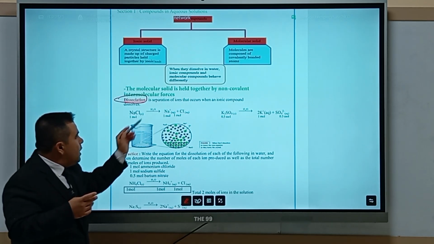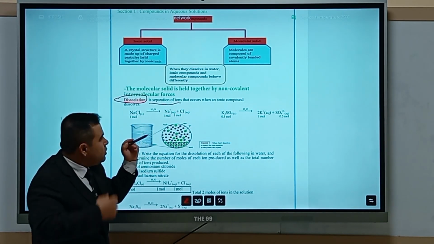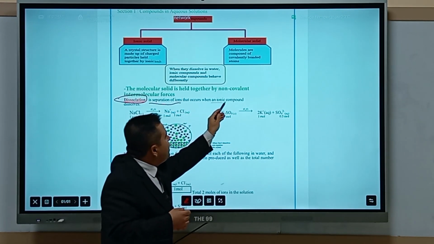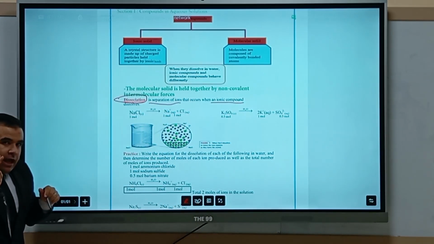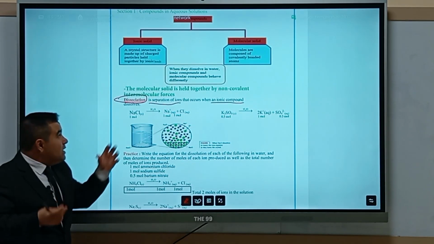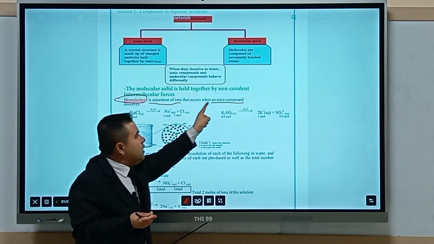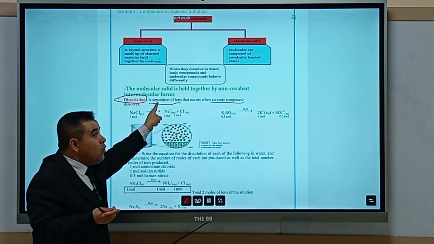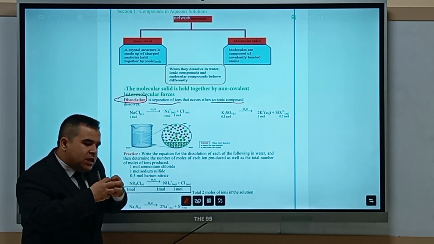Its definition is a separation of ions. This is one keyword: when an ionic compound dissolves. The second keyword: this process is specific to which type of compounds, ionic, and they will undergo separation